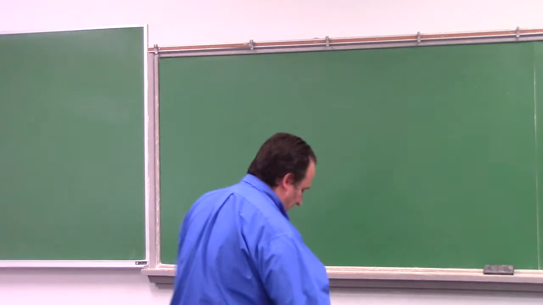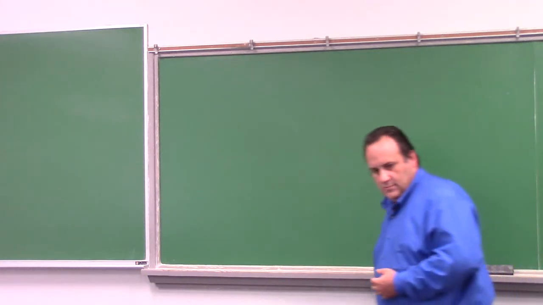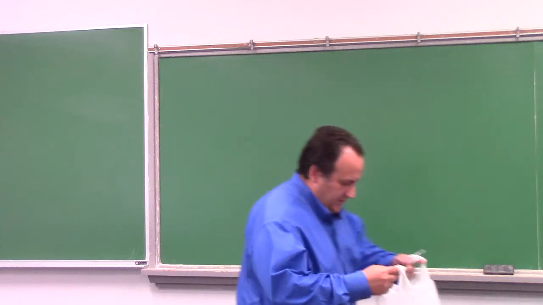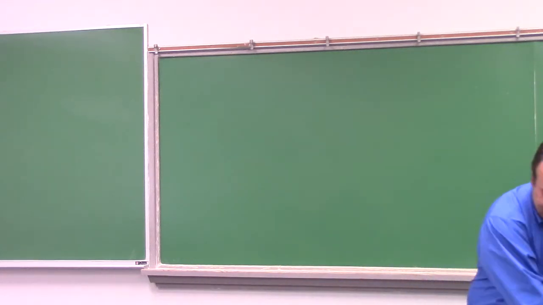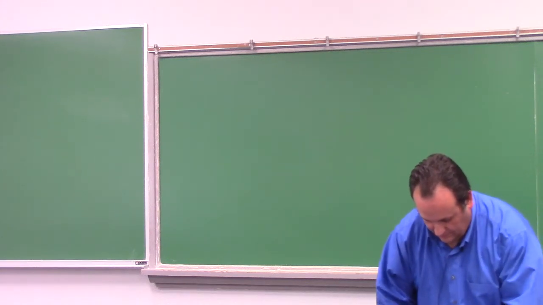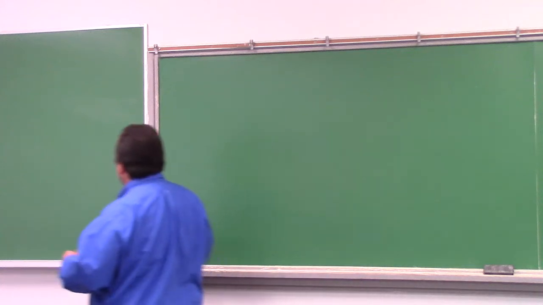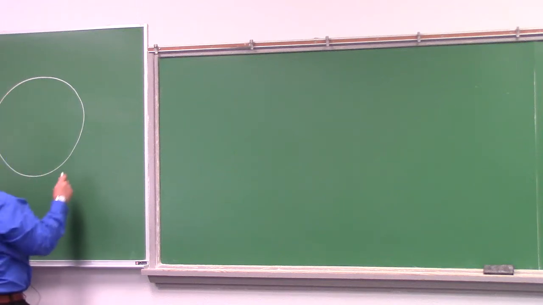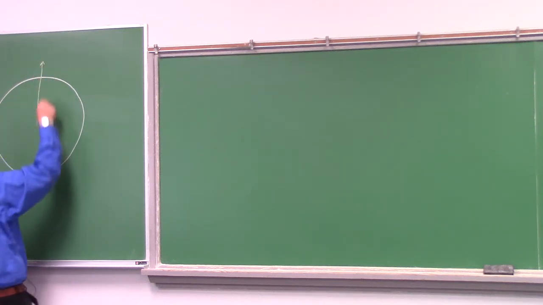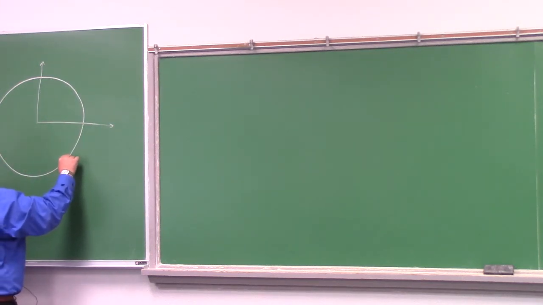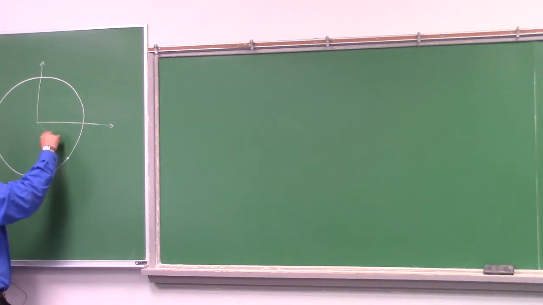So, to remind you, last time we introduced radian measure for angles, and we started our work on sine and cosine. I'll just remind you, we have the unit circle, and if you pick a point on the unit circle, then the